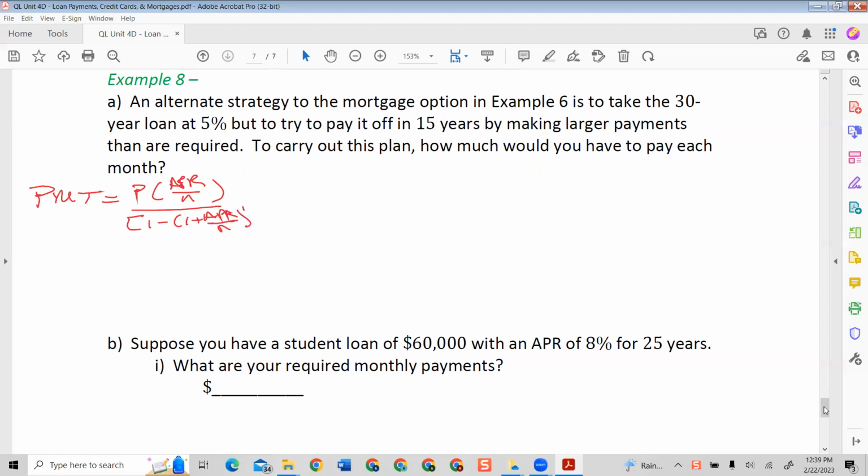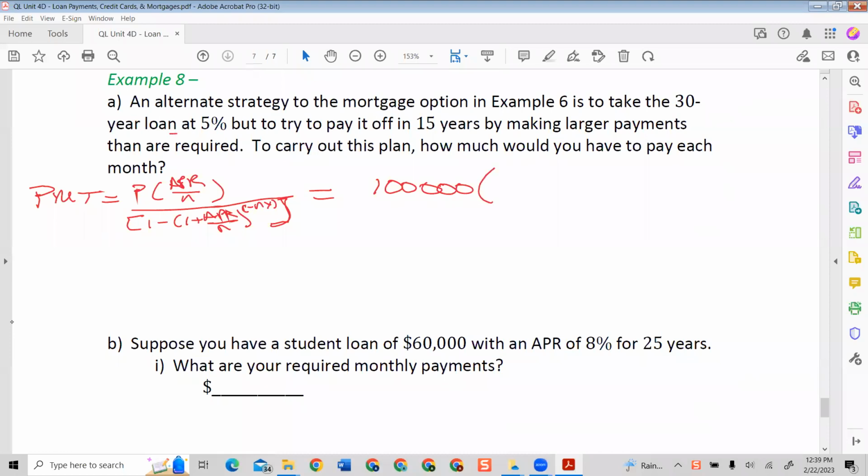And you may have this one memorized. We've done it so much. All right, so what I'm going to do is plug in what I know. Based upon the one that was given to us from above, we have the 100,000